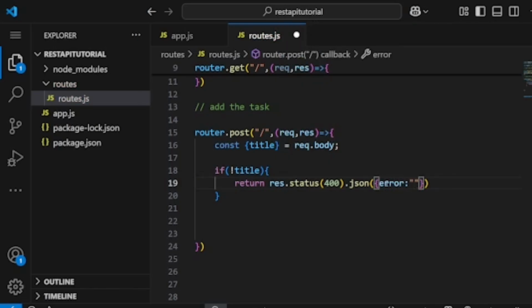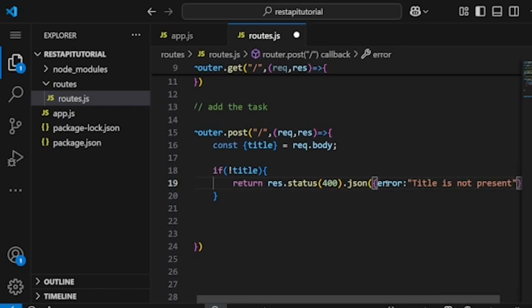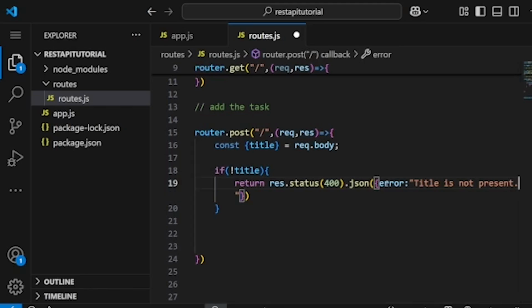Here it should say the title is not present. So if you don't send the title, it will give us this error with status code 400. And as a front end developer, they can utilize it however they want, right? Now you might say, RJ, we don't need to check it here because we can check it on the front end also, whether we are sending the